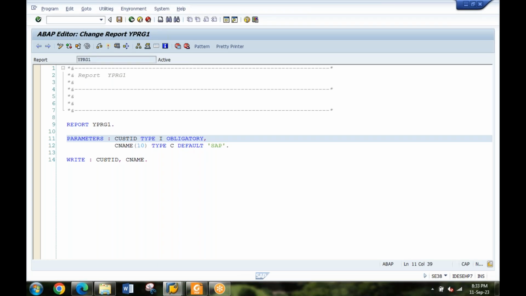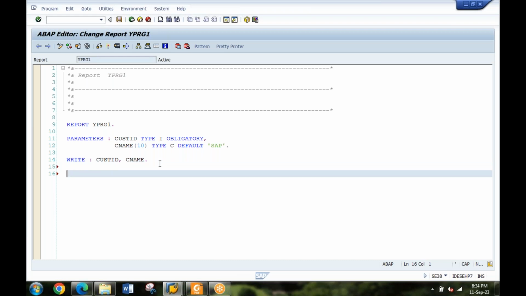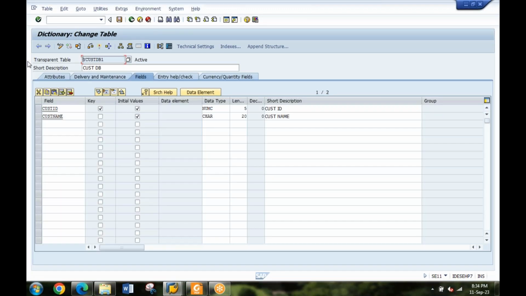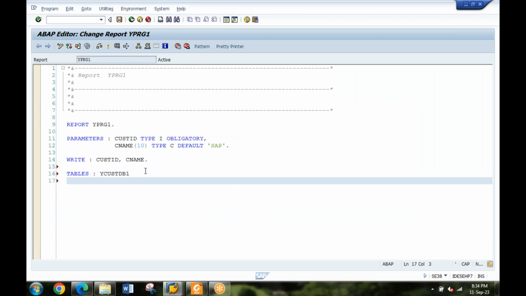Same way, like this is a parameter, we have multiple ways of creating a selection screen, with checkbox, radio button, drop down. We have all those things. And even if we have to connect it with the database, it's not a big code. Let me just show you a simple program. I created one table. What I'm doing, I have defined this table here.